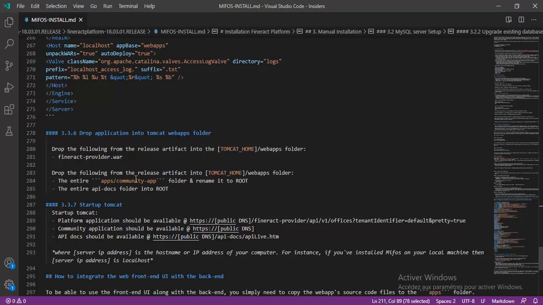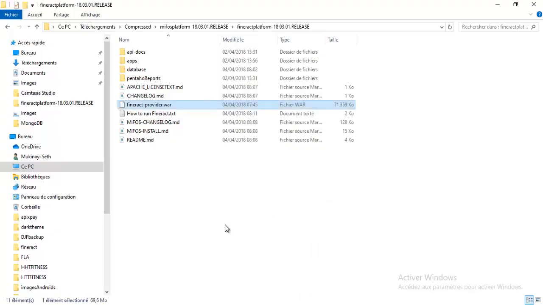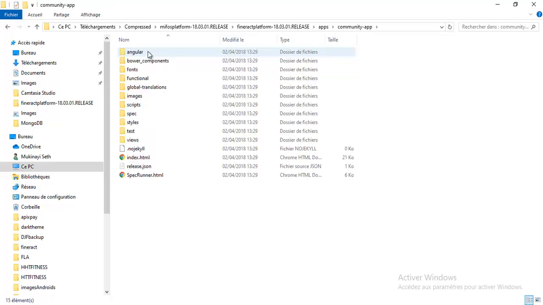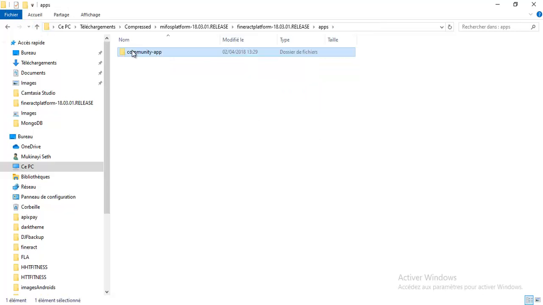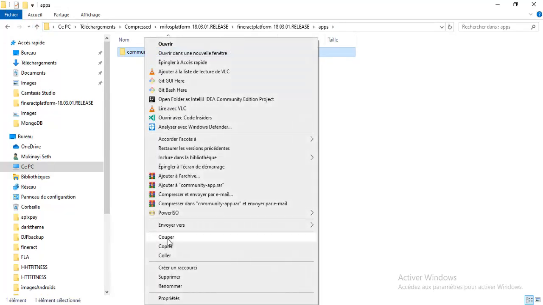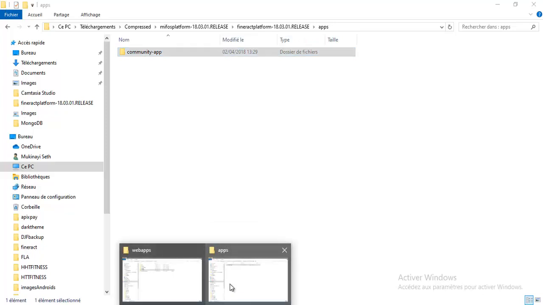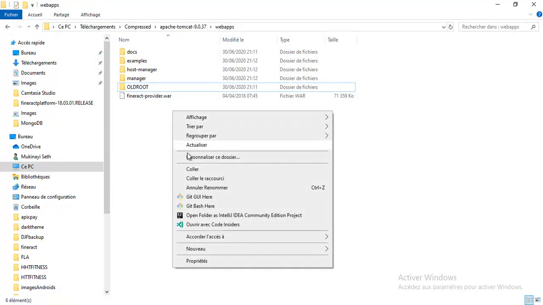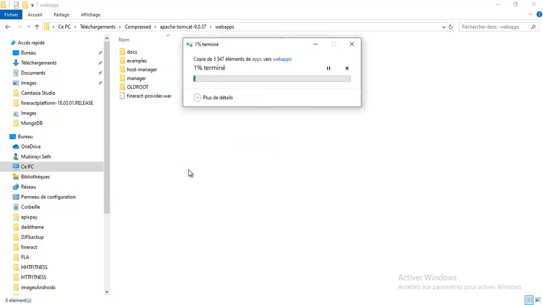So I gotta go inside the community app, the app that I downloaded from Final Act. I gotta go inside this apps folder, and there's a community app over here. So I need to grab all this. I copy it and then I'm gonna take it to web apps and paste it here. Okay, so with this community app pasted,